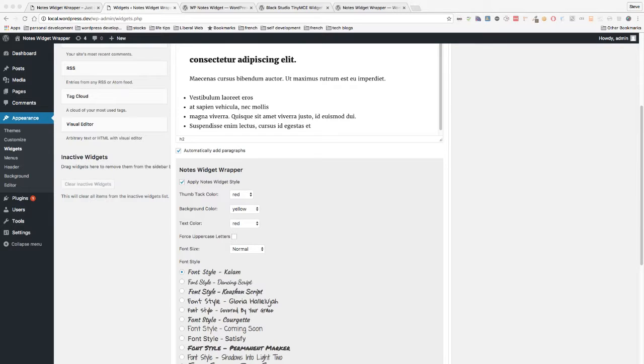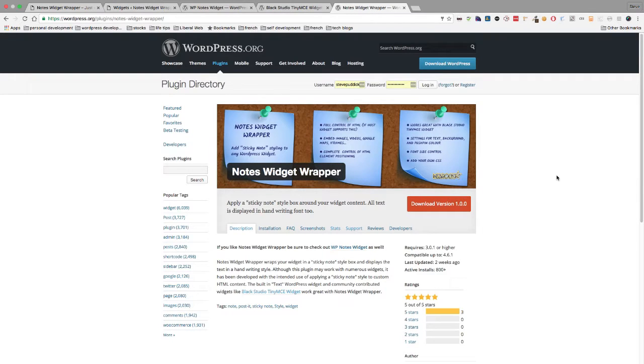So that's all there is. It's a fairly straightforward plugin with a relatively low learning curve. And once again, you can download that for free at